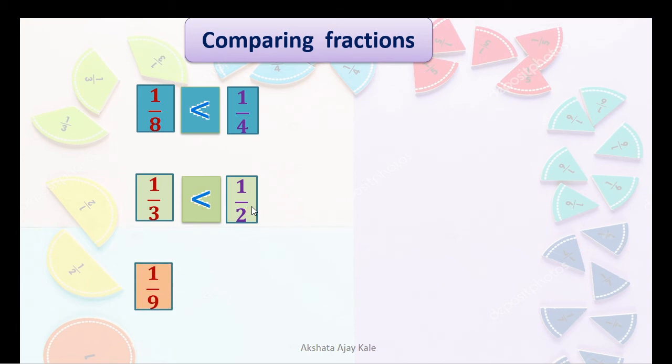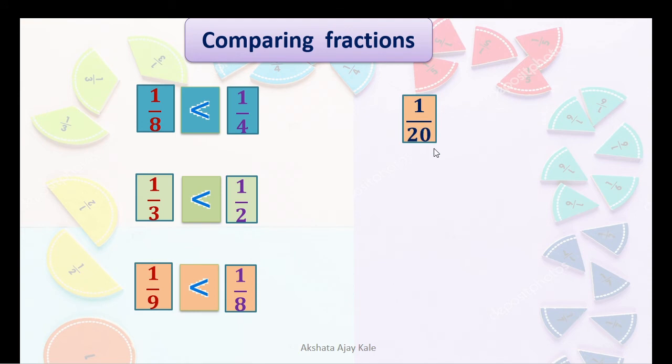Next is 1 upon 9 and 1 upon 8. Here you can see in one object we are going to divide it into 9 equal parts and 1 we are going to select. And here out of 8 parts we will select 1. This is more, isn't it? We will get more piece. Take an apple, you divide the apple into 9 pieces and 1 you eat. This portion is smaller compared to 8 parts, isn't it?